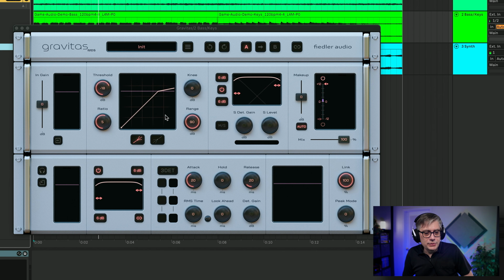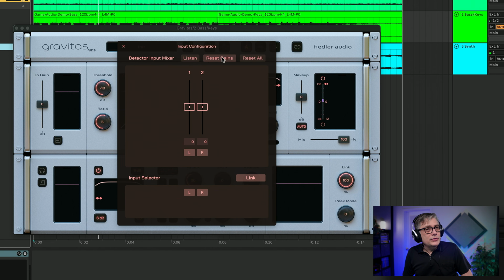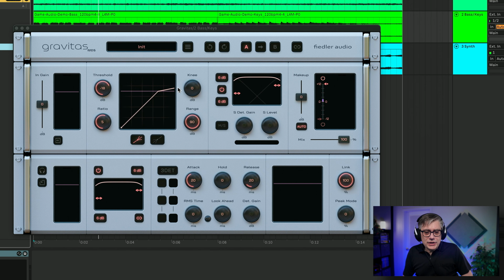audio is processed. We have an input gain. We have input parameter configuration. This is also something that we're going to talk about a little bit later, because that's actually one of the really interesting and unique features of Gravitas. Then we have the parameter setup, and we have two sets of parameters. We have essentially parameters for above threshold processing and parameters for below threshold processing. So you could think of that as compression and expansion, for example.